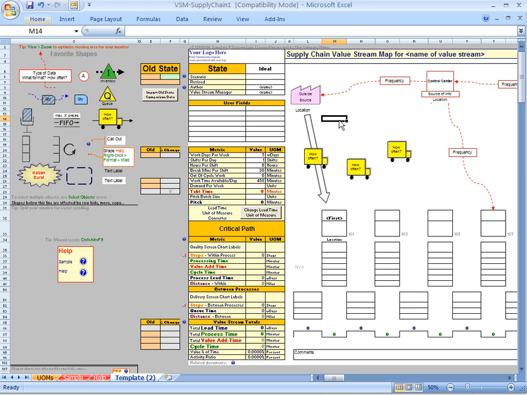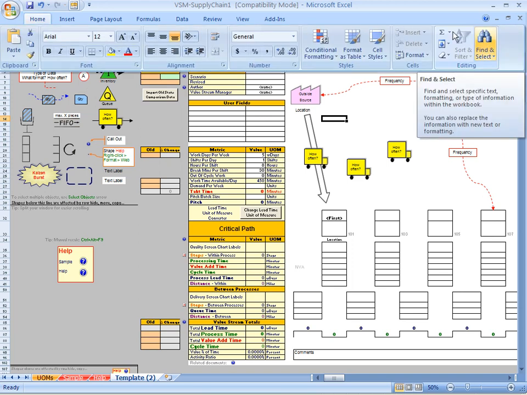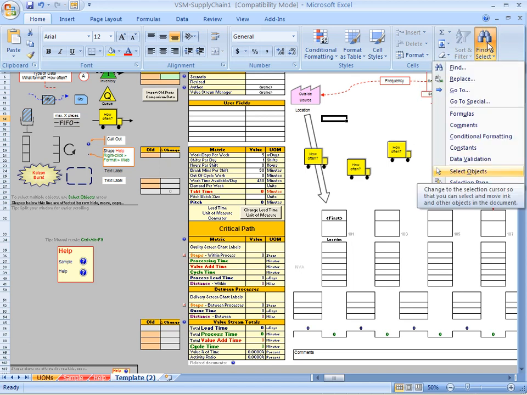So here's a really important tip for making Excel drawings easier to use. If you go to this Home tab, in this Find and Select section, you will find this Select Objects arrow. And when the Select Objects arrow is toggled on, your mouse works differently.